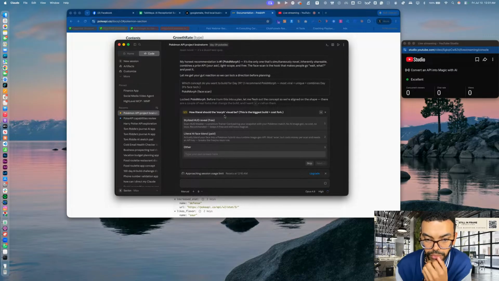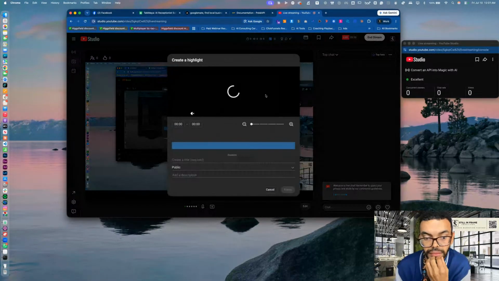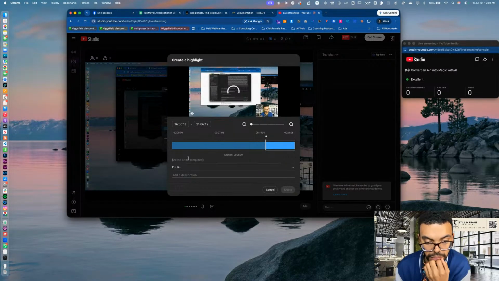How literal should the morph visual be? This is the biggest build, cost fork, stylized HUD reveal, scan HUD theater, a premium trainer card pairing your, let's see here, your,